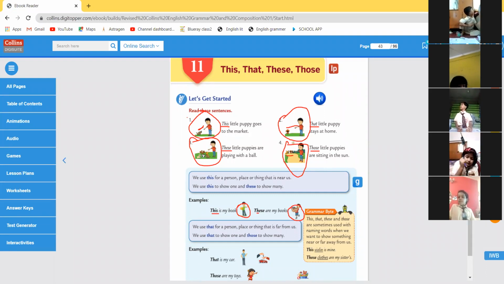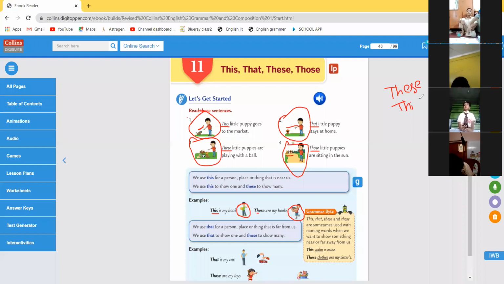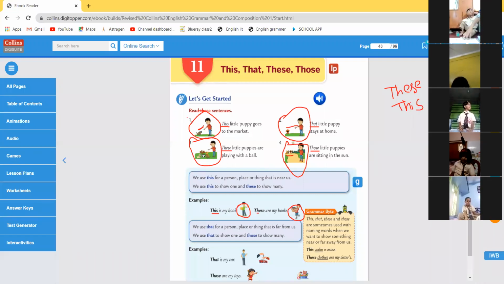This means in this case you will use THESE, these. You can say, ma'am, these are my books. But if right now in front of you there is one pencil box, you can tell me, ma'am, this is a pencil box. Or you can also say, ma'am, this is my pencil box, because in both of these cases, only one thing should be there, only one.